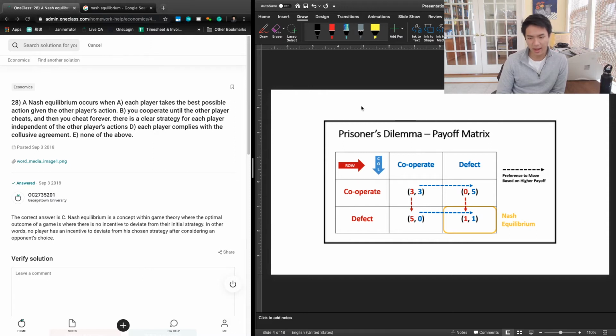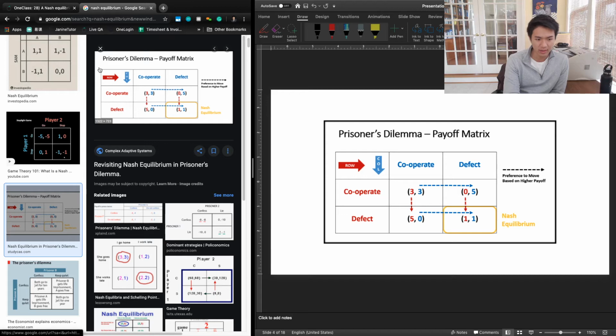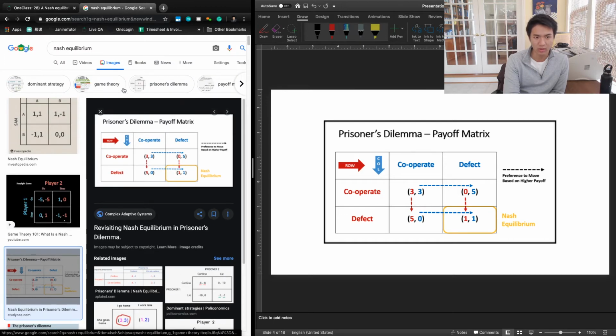And then the same happens for you. So let's say you decide you don't want to tattle, you want to stay quiet, and they decide to tattle. Then you get 5 years in jail, and your partner gets 0 years in jail. And finally, if you both decide to stay quiet, nobody says anything, and then you both get sentenced to just 1 year in jail. And so that is going to be the general setup